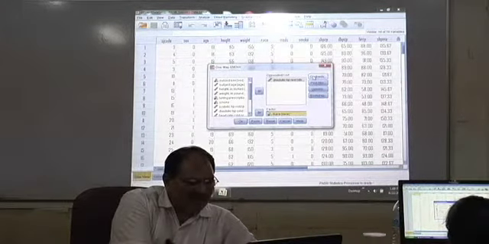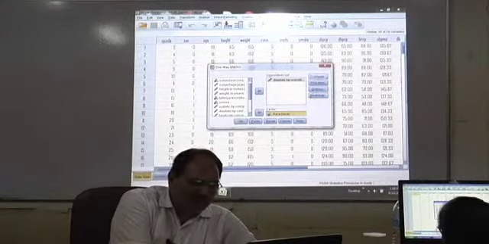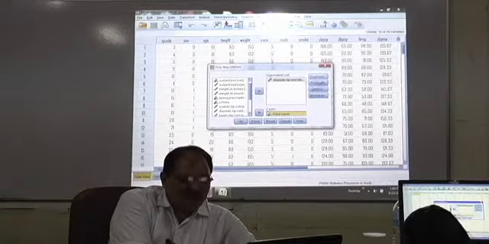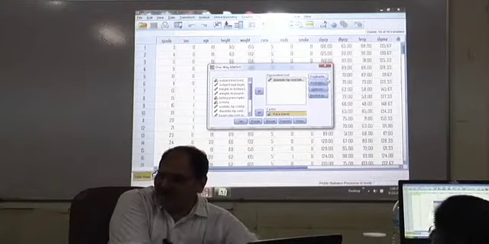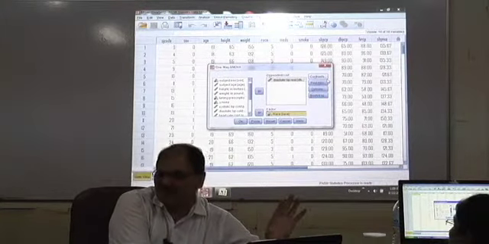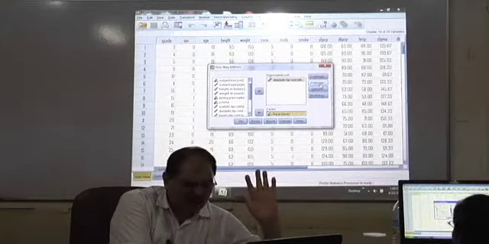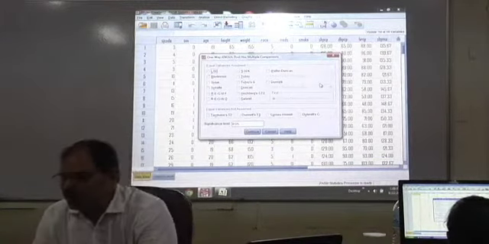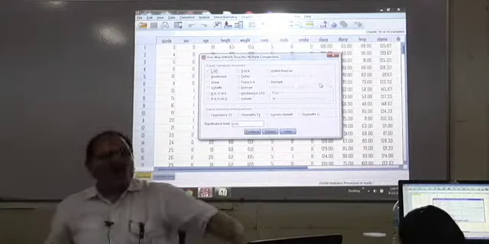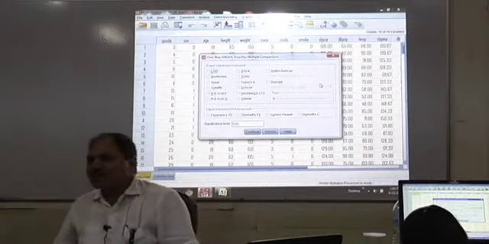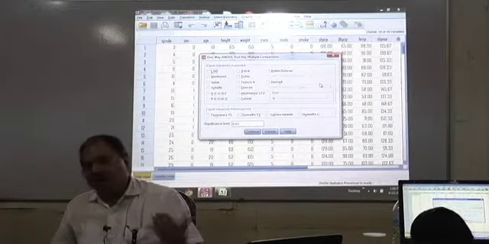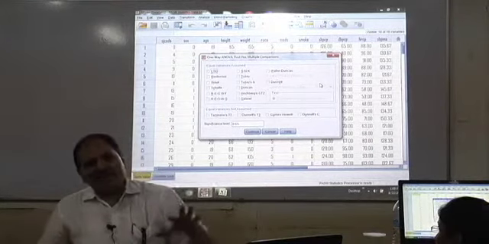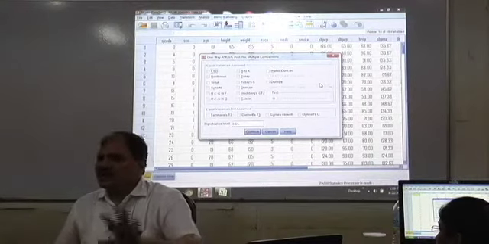Now you would find that these options have changed. For the time being we will forget about contrast because it will not make a difference to your results, so we will not talk about it. Let us look at post-hoc. Now what is this post-hoc? If there are 5 groups based on race, your ANOVA will give you one result, whether the blood pressure of different races is significantly different.